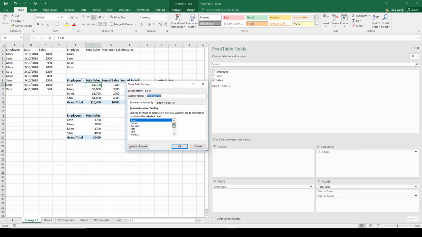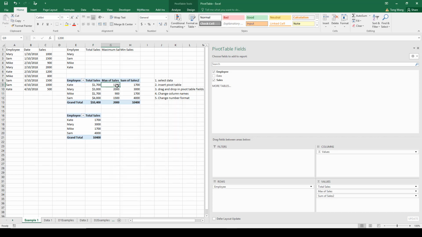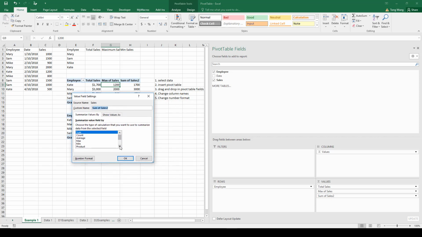Okay. So PivotTable allows you to do these 11 calculations, right? So if you want, for example, the max, then that's going to be the maximum sale. Just choose max and click OK. So this will be the maximum sale that Kate has made, right, in this data. Same thing for the last column. Let's say I want to do minimum sale, so I just left click on that and go to value field settings,